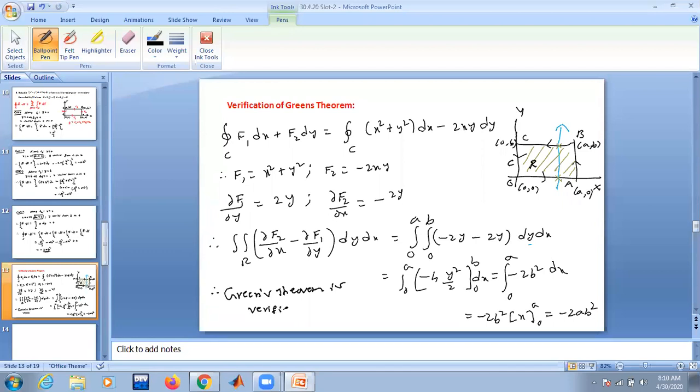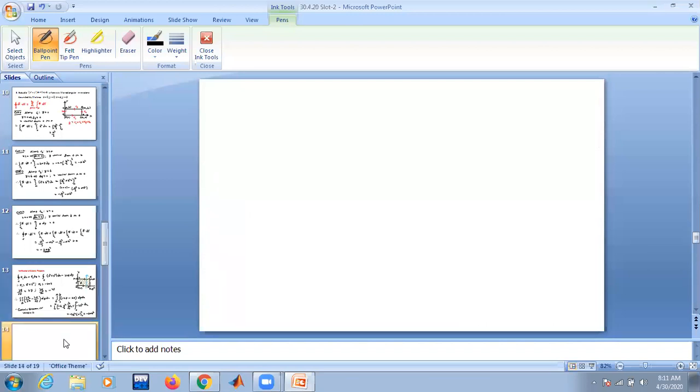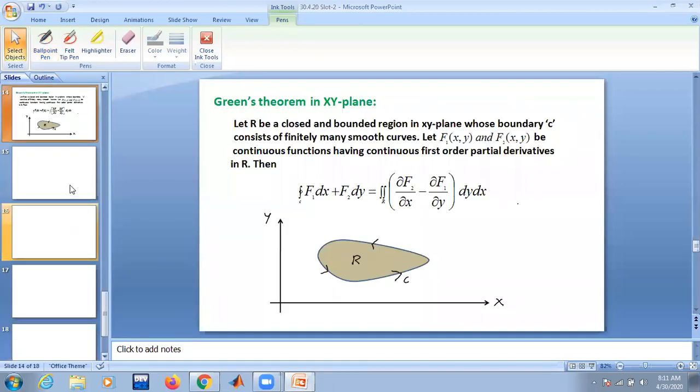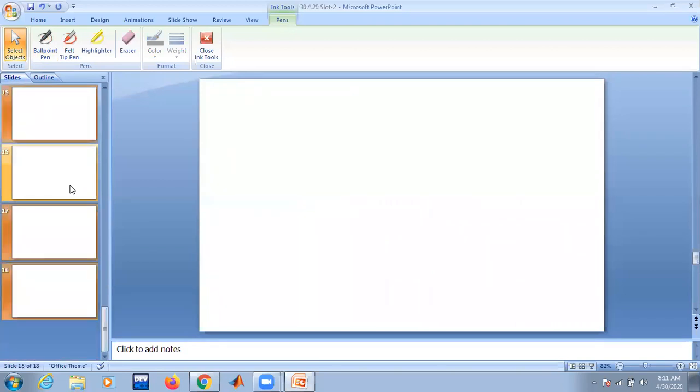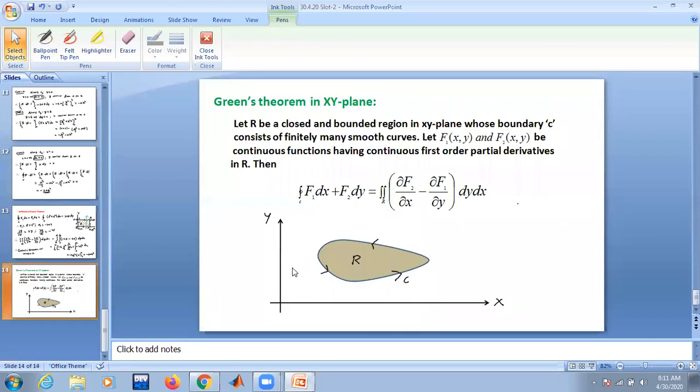Okay. So today we have seen how to apply Green's theorem if you want to integrate over simple closed curves. So what Green's theorem says: when you have a simple closed curve C in xy plane, where the region R is inside the simple closed curve C, then if you want to integrate the function over C, the integral of f bar dot dr bar is the double integral over R of dou f2 by dou x minus dou f1 by dou y. Okay.